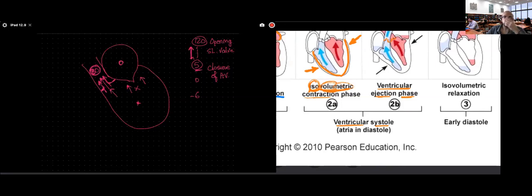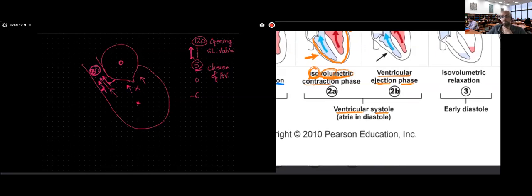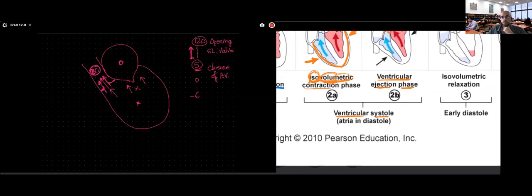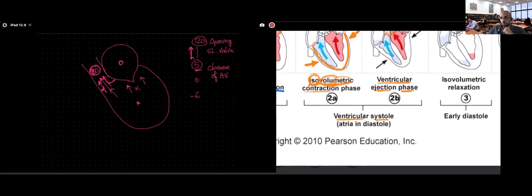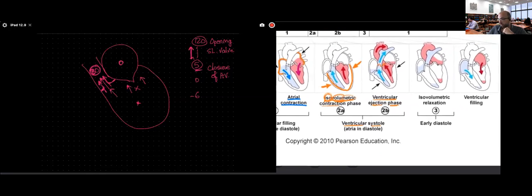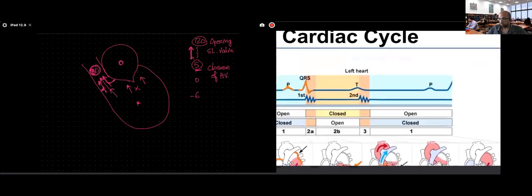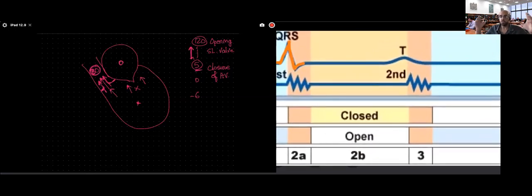Is this concept clear? All right. So back to the EKG. If you remember, all this did take place after you did depolarize the ventricle. So you start to contract. As you contract, you increase the tension. And as you increase the tension, you close the AV valve first, and then you open the semilunar valves. What's going to be recorded next on the EKG is my T wave, which corresponds to